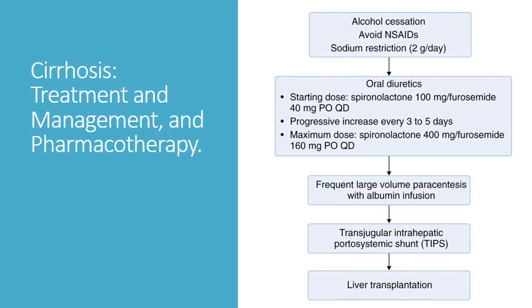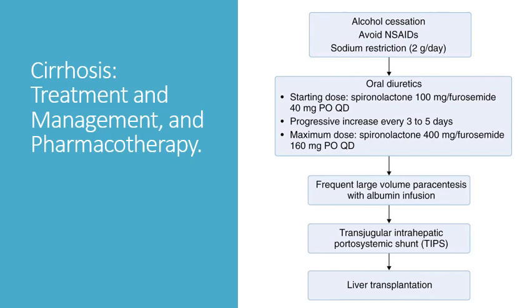So how do you treat a patient with cirrhosis? Again, there's really no cure. The only cure is liver transplant, like you see here. So how would you suggest they proceed? If the disease isn't severe, you may consider alcohol cessation, avoiding NSAIDs, and also sodium restriction, 2 grams a day, the same restriction that can apply to your patients with heart failure. If it doesn't improve, then we may start oral diuresis.